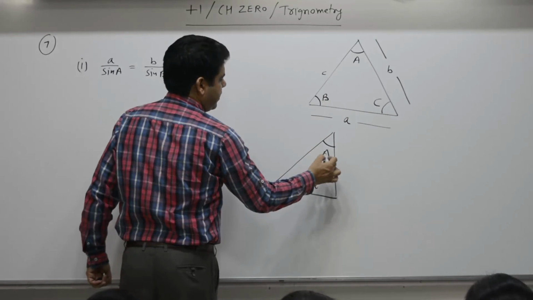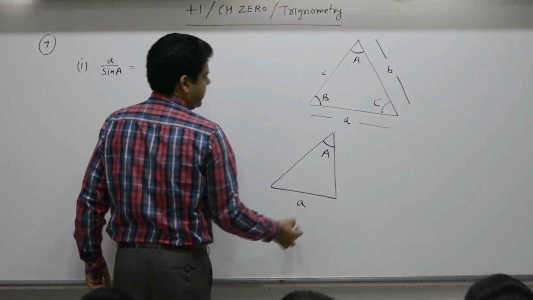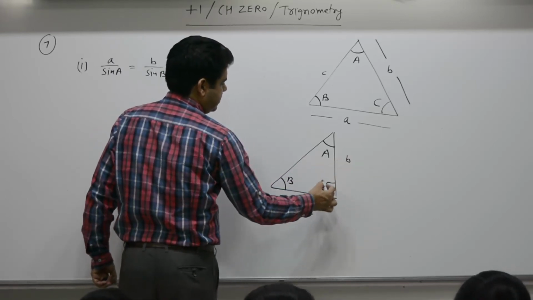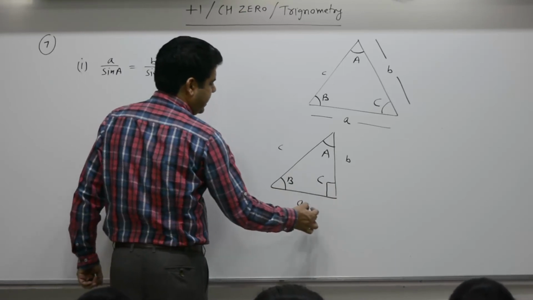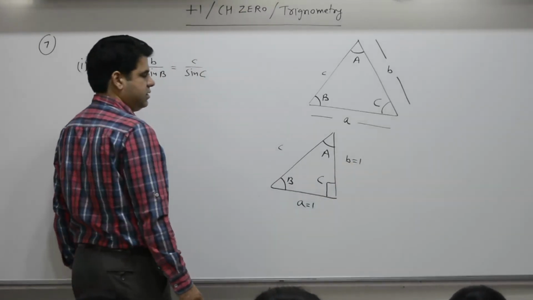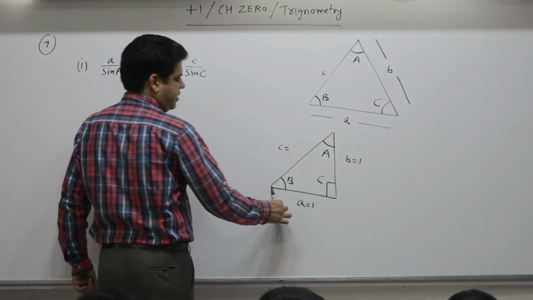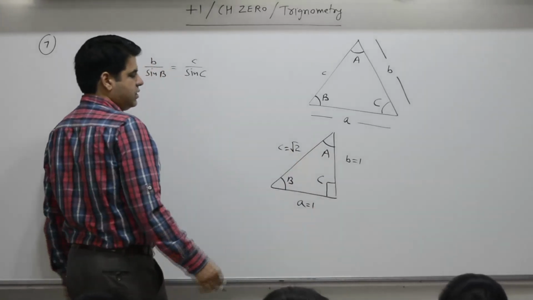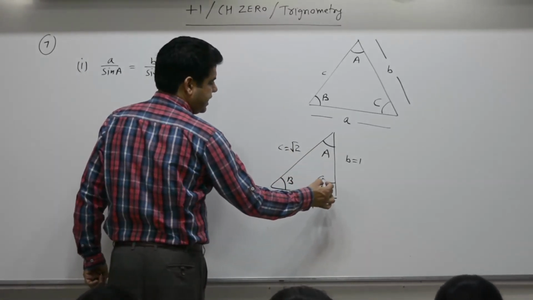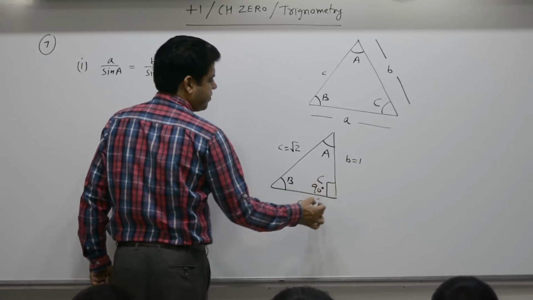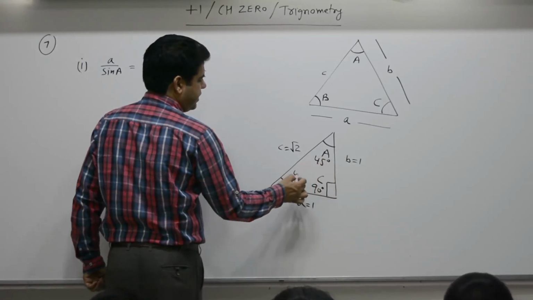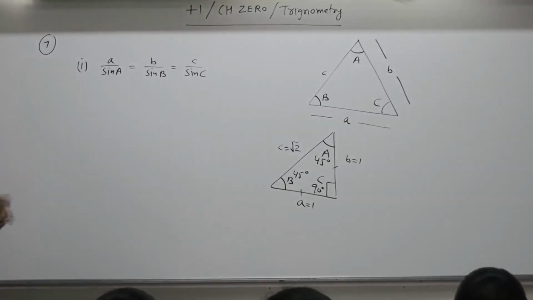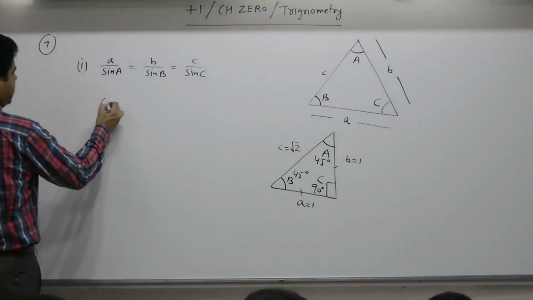This angle A, opposite side A, angle B, I will give you the values. This is B, this angle is capital C, opposite side is C. Let A is equal to 1, B is equal to 1. C comes out to be equal to what? Under root of 1 square plus 1 square, yes, under root 2. C's angle is how much? Yes, angle C is 90 degree. A is 45 degree. B is also 45 degree. Two sides are equal. Confirm whether this formula is correct or not for this triangle.